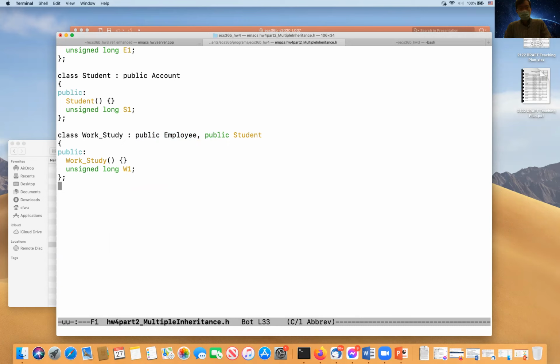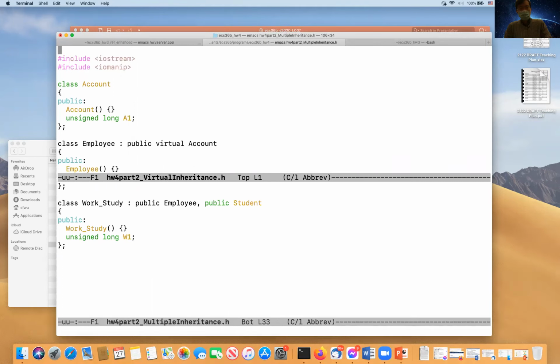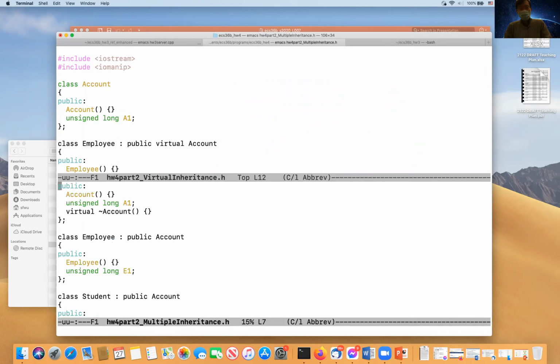And now we're going to look at the other part, which is virtual inheritance. They're pretty much the same, except this line. Let me show you the contrast between these 2 lines.